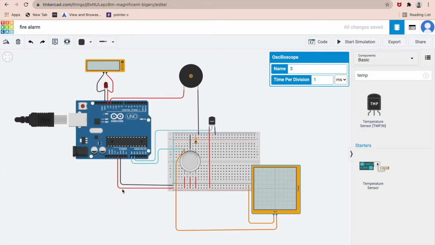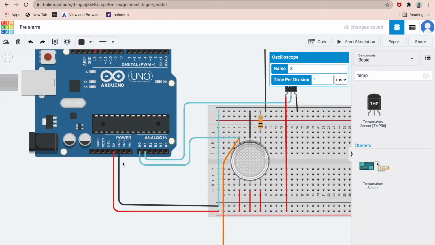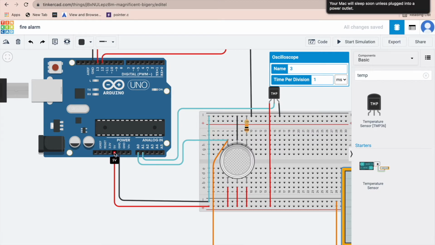Now coming to the connection part of the circuit, you can see I have joined this 5-volt supply to the breadboard and also connected the ground to the Arduino. Now coming to the connections of this gas sensor, I have connected three terminals of the gas sensor, that is A2, H1 and A1, to the 5-volt supply, and the other two are grounded.